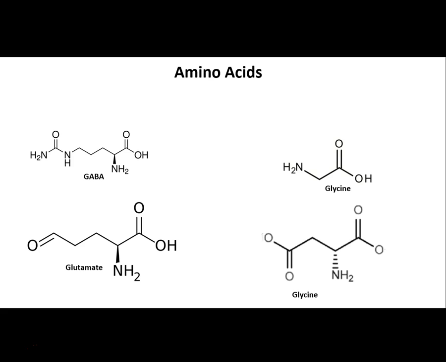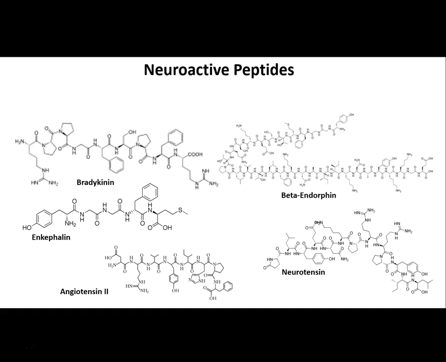Okay, the second class are the amino acids, like gamma-aminobutyric acid, glycine, glutamate, aspartate. So these are also neurotransmitters. And in the previous sessions, we learned more about the different receptors, like the glutamate receptor, the GABA receptor, and so on. And there are also the acetylcholine receptors. Then we have the neuroactive peptides like bradykinin, beta endorphin, bombesin, calcitonin, and